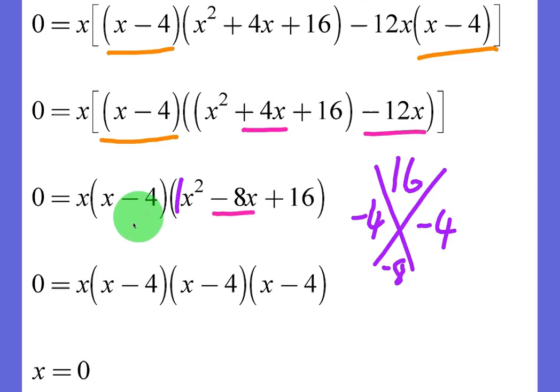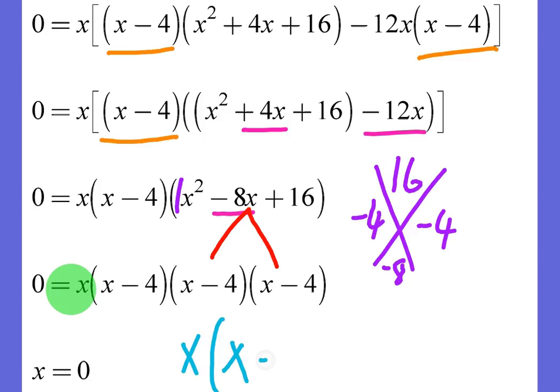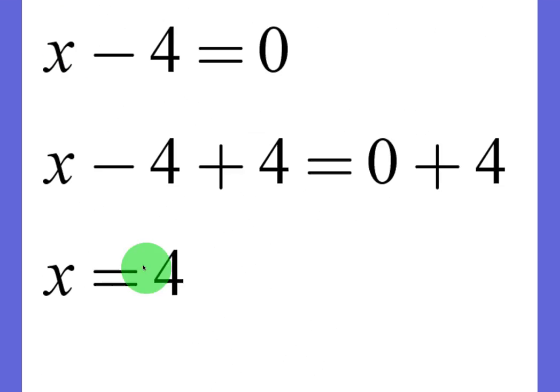And we had the original x minus 4 that we pulled out on top of the x minus 4 we just broke down. So now we have 3 x minus 4s and an x. Now this will come in handy later. If you notice, this actually will eventually factor into just x times x minus 4 cubed. Alright, but for now we're just going to set each of these factors equal to 0 to find our x-intercepts. The first factor will just be x equals 0. The next one we're going to get x equals 4. So there's a lot of work, but that just basically gives us 2